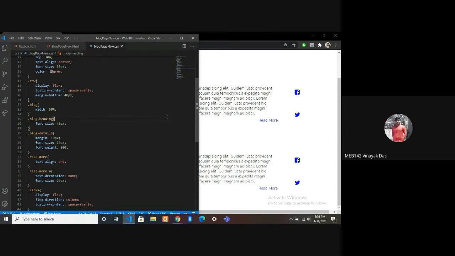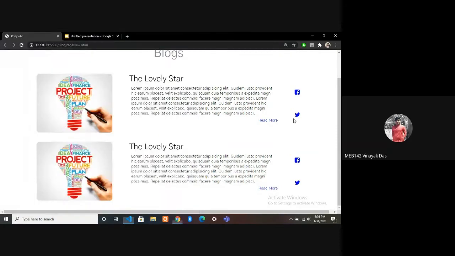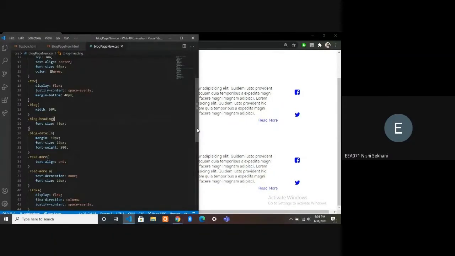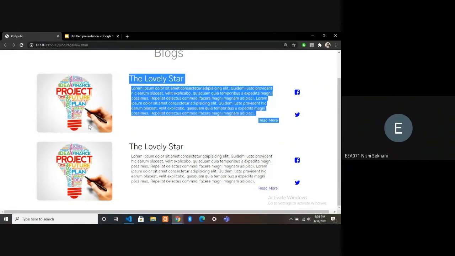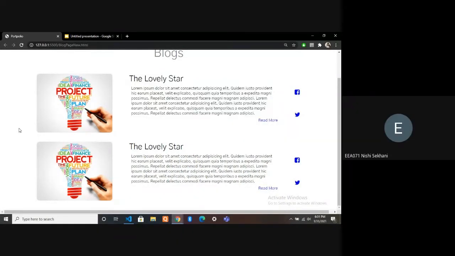Did you have to add spacing between the two of the names? That is the two of the columns. These two blocks. Yeah, we can just give margin bottom. We have added margin bottom 40 pixel. You can give anything you want. So this one was the row. Whole thing was row, right? You can give it a margin bottom.